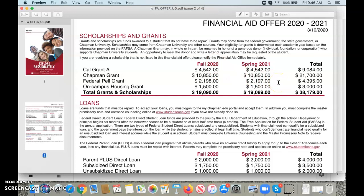And so again, this one looks a little bit different, but the basic terminology is the same, right? They broke down this package in between fall and spring, and this is kind of the total. It's really important that you understand the details, like I said before. So if you look at this number right here,